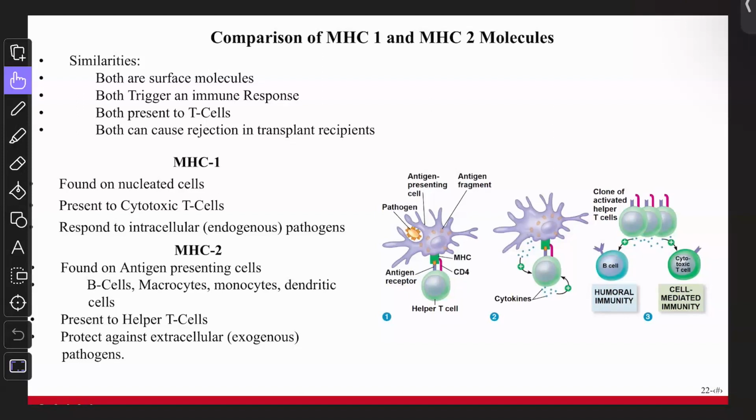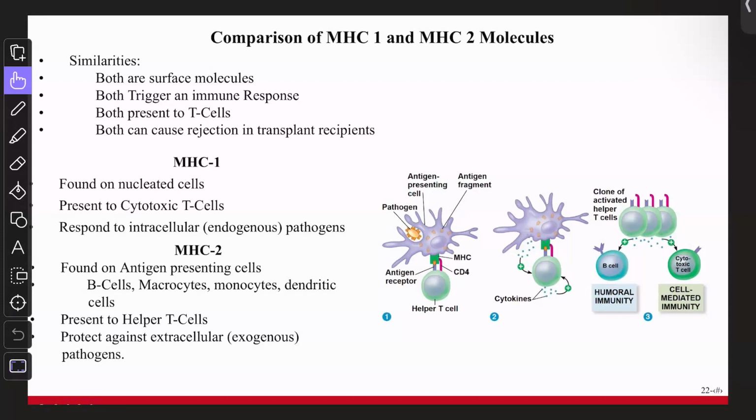Which means what? Yes, they can also make MHC1. So an antigen presenting cell that is a B cell, a macrophage, a monocyte, or a dendritic cell can respond to both